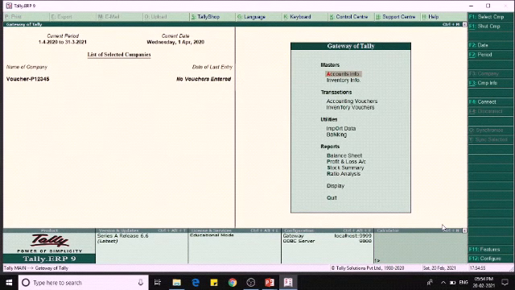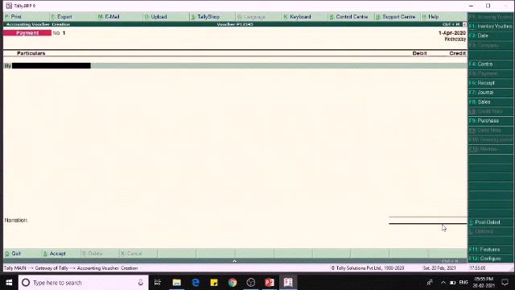So in this transactions, you can see the accounting vouchers. Now just enter into this accounting vouchers.